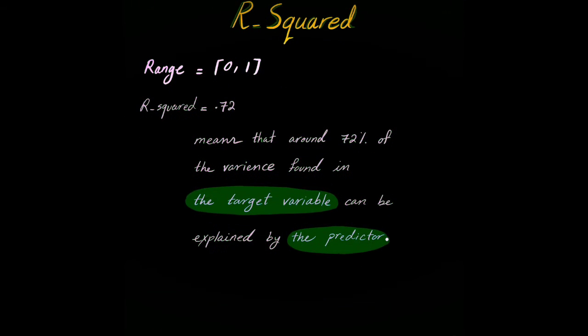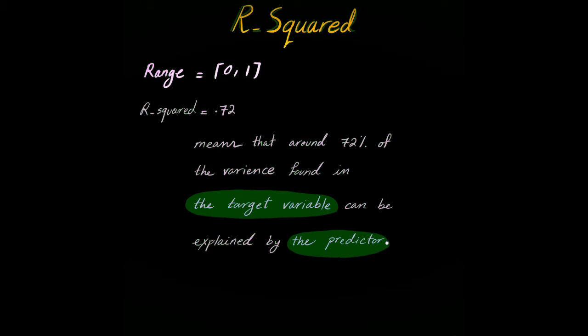Today we're going to talk about R squared. It's a statistic that provides a measure of how well the model is fitting the actual data. It's a number between 0 and 1. R squared equals 0.72 means that around 72% of the variance found in the target variable can be explained by